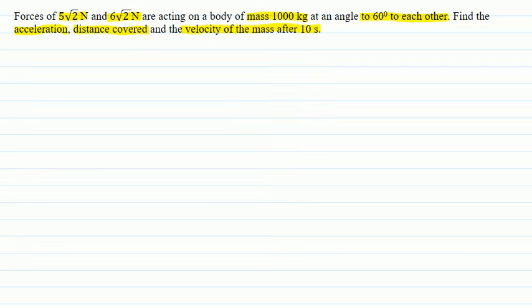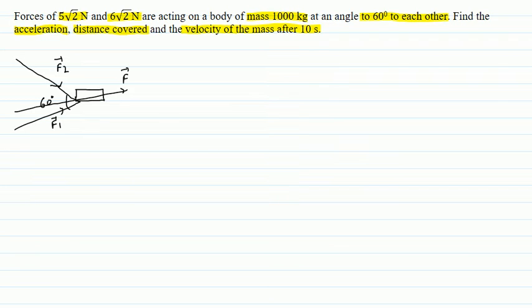So first of all we see how to find the force. This is a body which is acted upon by the first force F1 and this is the second force, F2, and the angle between them is 60 degrees. These are the two vectors, so the resultant force will be along this direction. First of all we will have to find out this force.